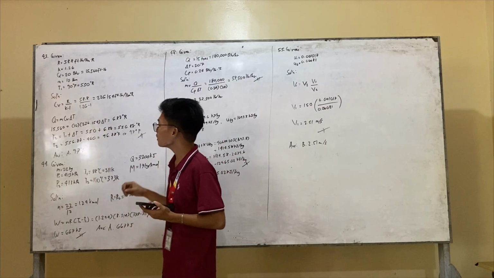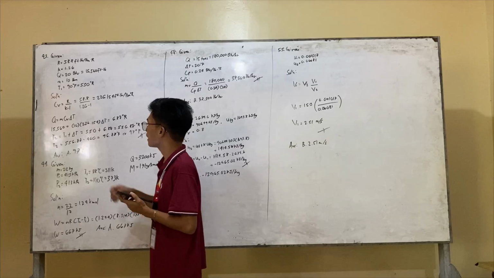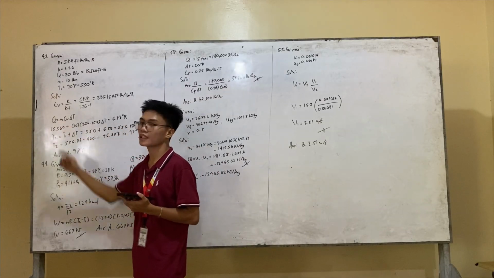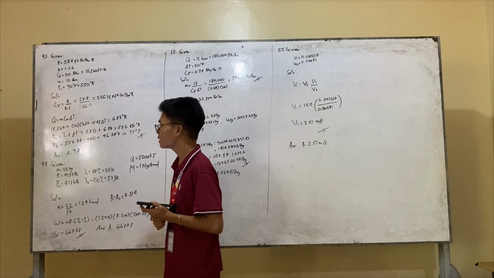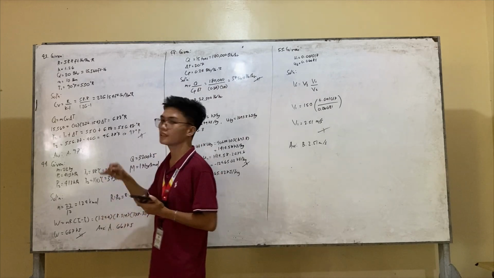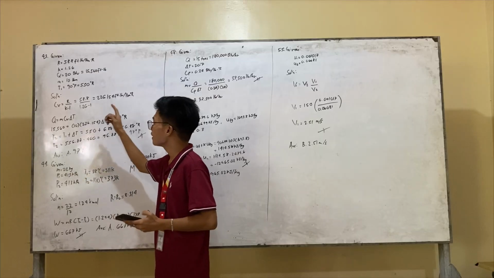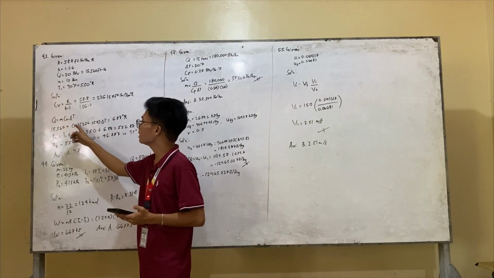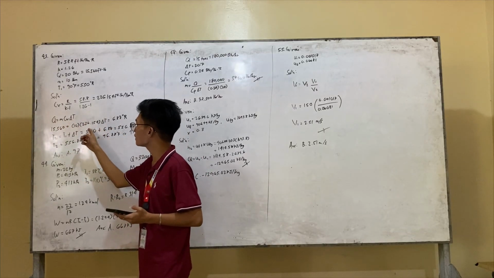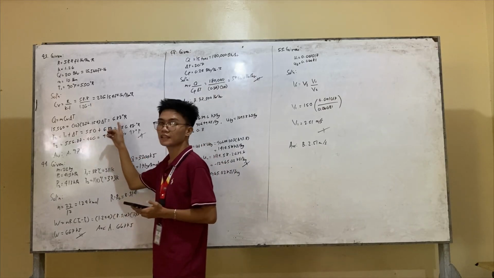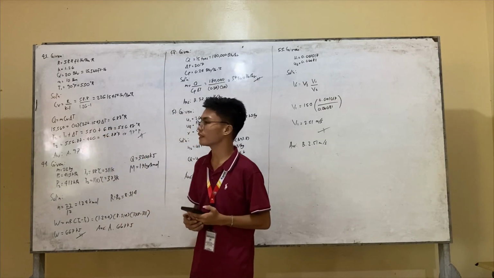So now we can get the delta T. By using this formula, Q is equal to m Cv delta T. So let's just substitute. Our Q is 15,560, m is 10, Cv is this 226.154 multiplied by delta T. So we can get 6.88 degrees Rankine.